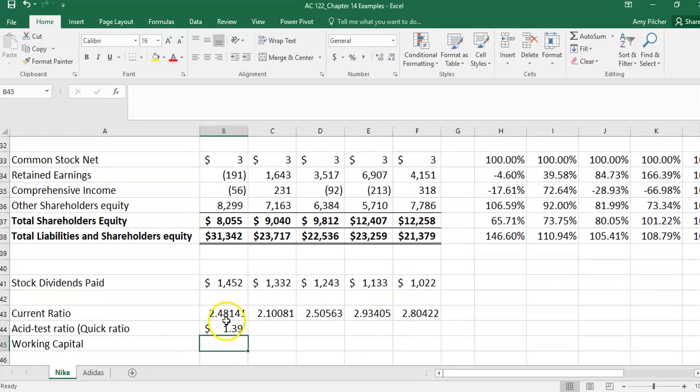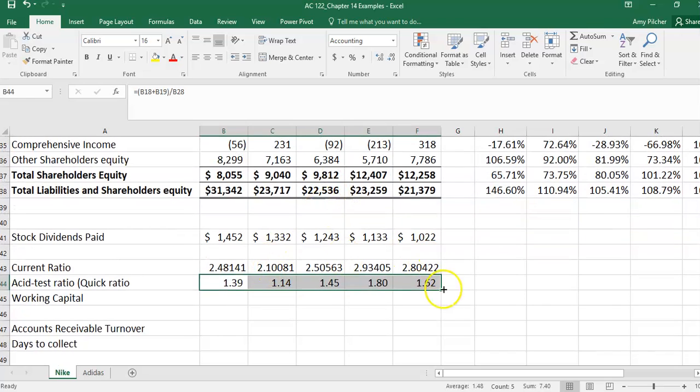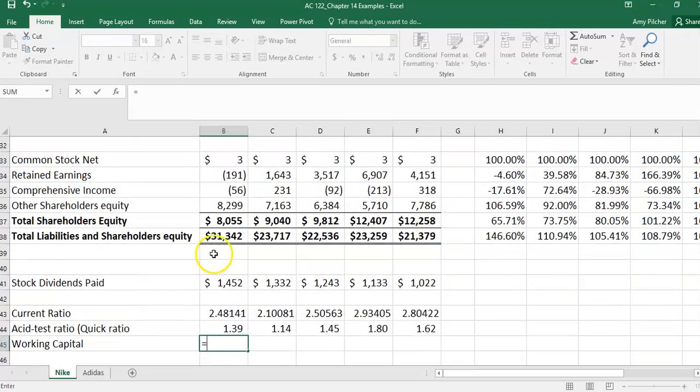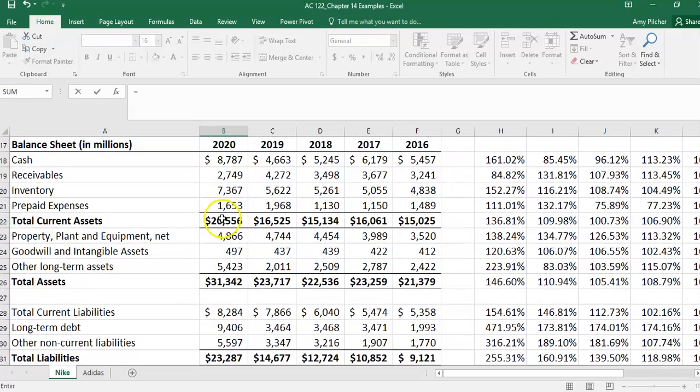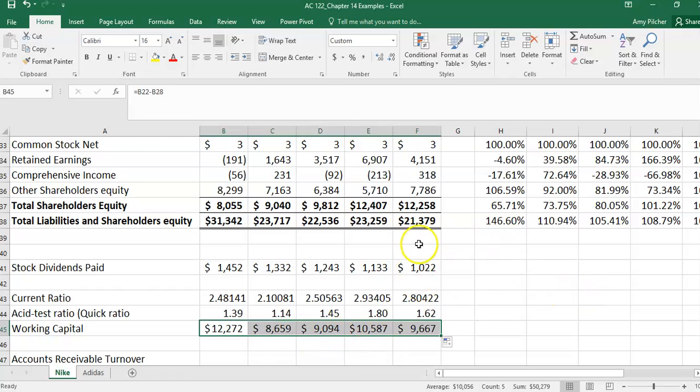We would also prefer if this ratio was over 1. It is, so that shows that we don't have a lot of concerns about Nike's liquidity or ability to pay their short-term debt. Working capital is current assets minus current liabilities. So this is a dollar amount of the current ratio, where we're looking at current assets to current liabilities. This is what we project to have in the next year available to do other things other than just